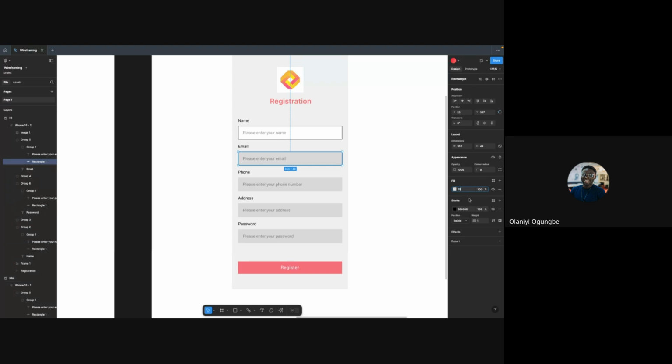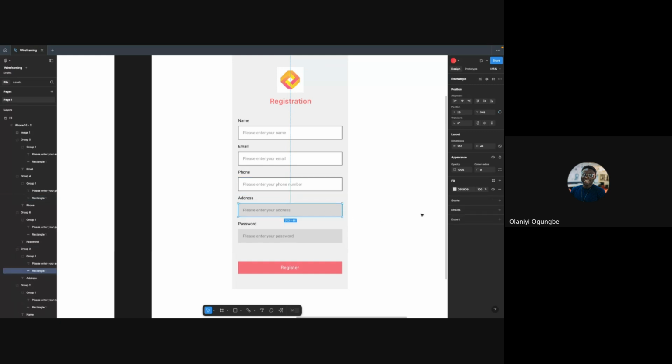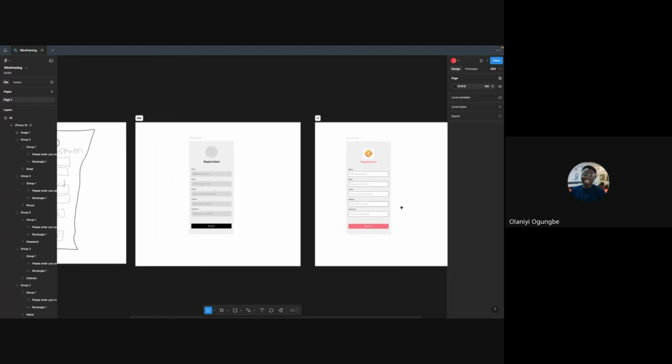Change the fill to white. Same thing goes here. Fill to white. Give it a stroke. Stroke basically just means borders. So stroke. Okay, and we're done.